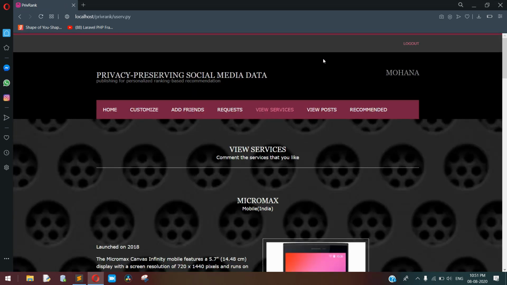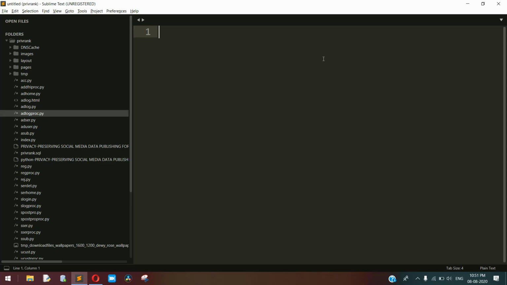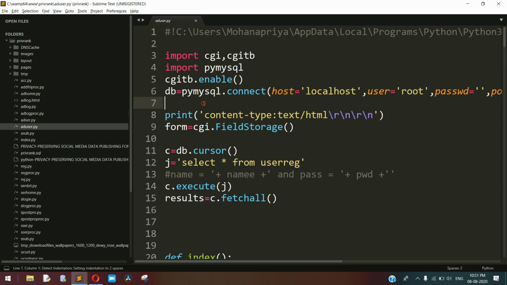If you want to extend this project, you can make some more concepts in it, and we can combine all the things like SQL and CGI, and also your Python basic coding, to this project. If you want to extend the project by adding a registration page for all the users, and also keep a chatting environment for the users, you can also extend it. It's all in your hand. So thank you.